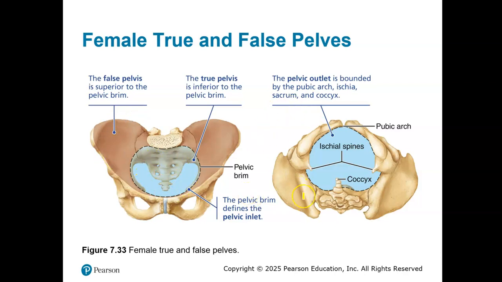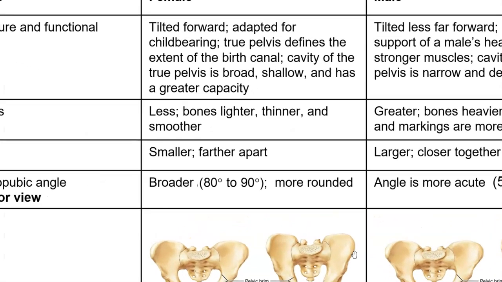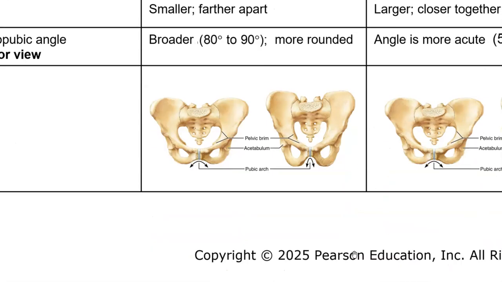I won't ask you about that one either. It's just the pelvic outlet, this area is going to be much more open, wider, and longer than for a male. If you look at the different views of the male and female,